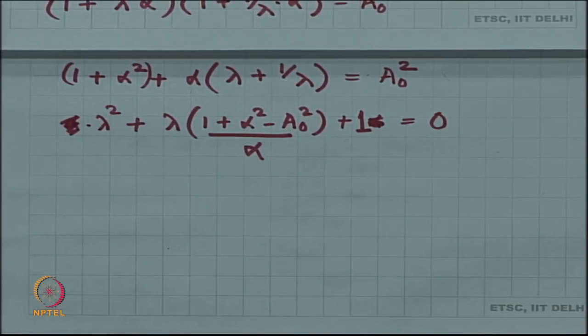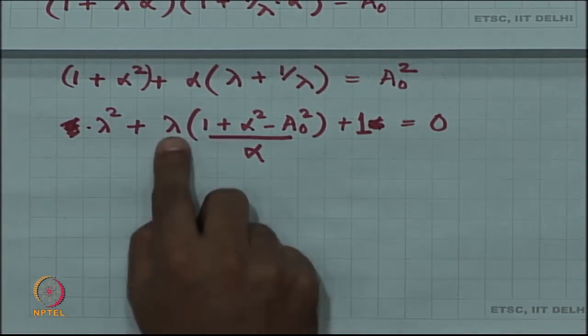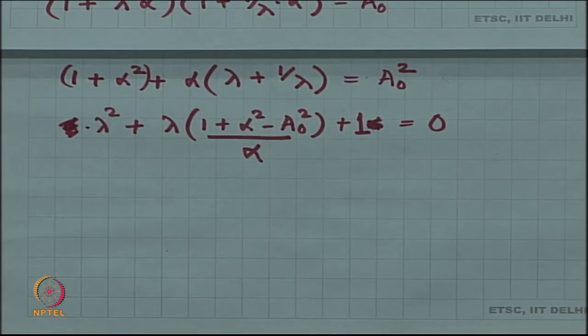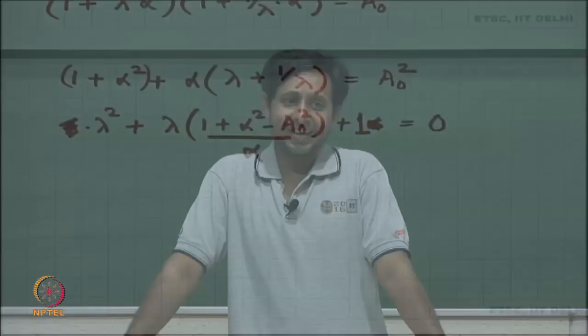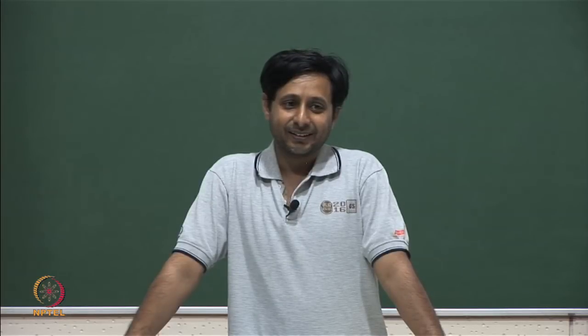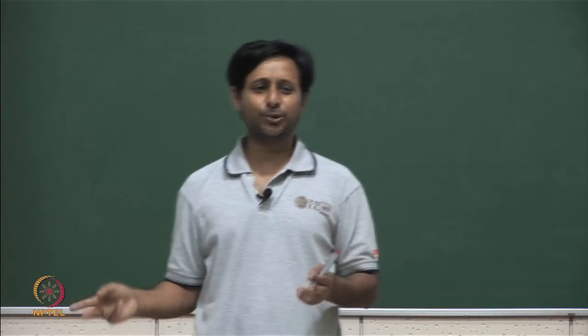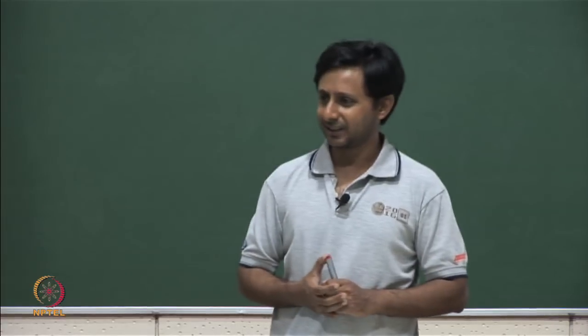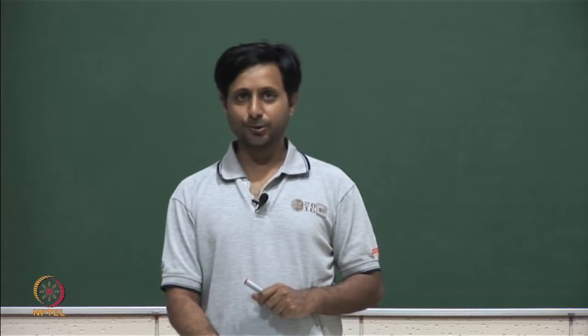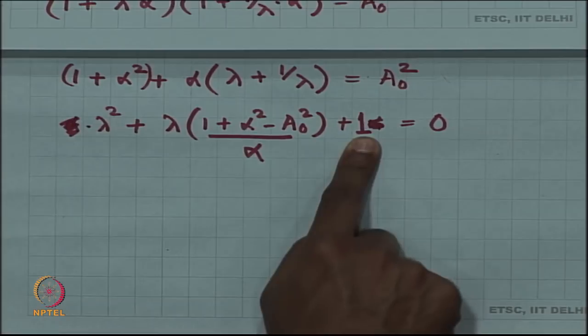Predetermined constant. So, this is my equation, lambda squared plus lambda times something plus 1 is equal to 0, and this is a very straightforward equation to solve. It gives you two roots, right, and the two roots are inverse of each other. You remember there is something about product of two roots, sum of two roots of a quadratic equation. The product of these two roots is equal to 1,